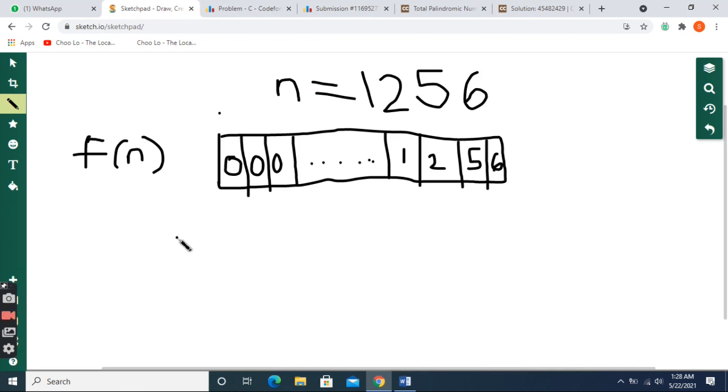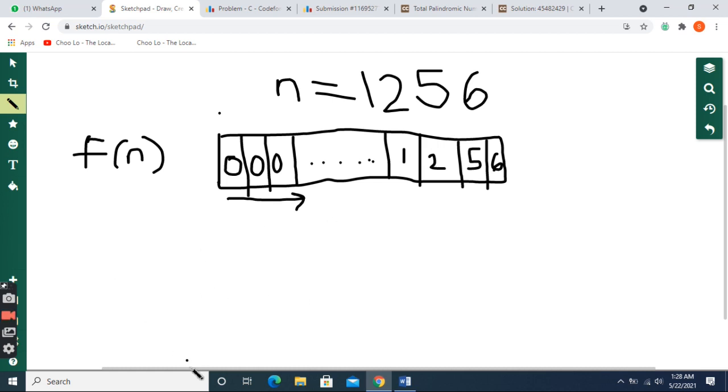So now what I will do in this problem is that I will try to build numbers from left to right. That means from left to right I will build my numbers, and I will count the number of numbers which are less than 1256 and which are classy, which means that they have less than or equal to 3 non-zero digits in their decimal representation.